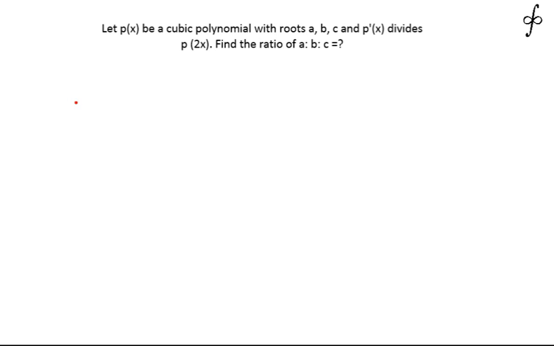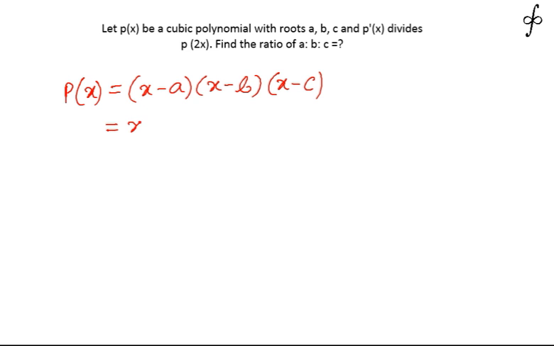So the problem is, let P(x) be a cubic polynomial with roots a, b, c. As the roots of the cubic polynomial are given, we can take P(x) to be of the structure (x minus a)(x minus b)(x minus c), because these will be the factors of P(x). On opening it up, it is going to be x cubed minus the sum of the roots, a plus b